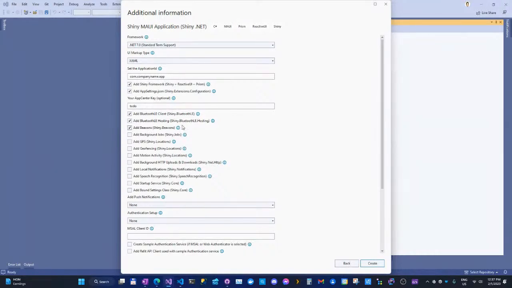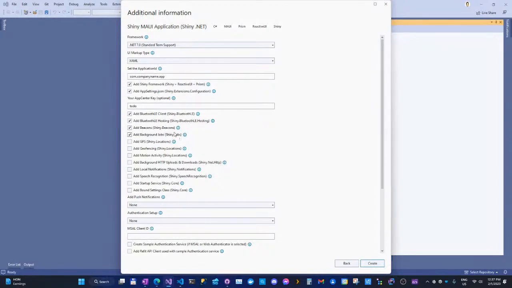Beacons. People probably don't remember beacons. I think these have disappeared slowly over the years. But the idea of a beacon is it's a little tiny device you can stick on something. Actually, Apple AirTags, that's essentially an iBeacon. Very good for tracking little resources. There's no APIs, surprisingly, in the Xamarin ecosystem. There used to be Estimote. They made little beacons and stuff, but they've all but disappeared. So I still have this because I used it in a lot of applications in the early days, and I've just brought it forward.